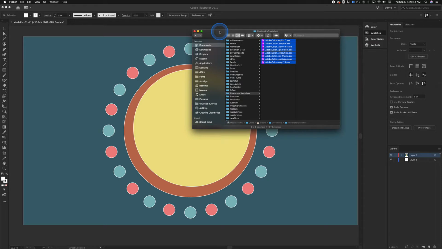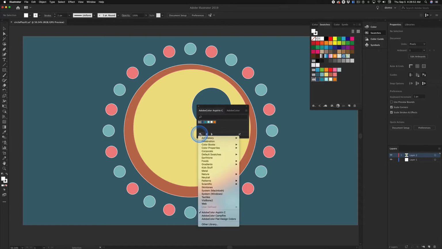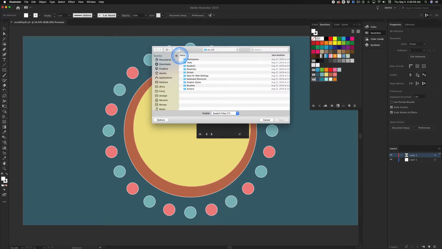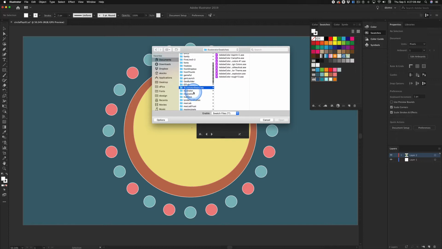Again, these typically sync from the library. So now we can come back here, and we can do it from either one of these actually, and come to Other Library, and I'm going to come out to my Documents, and we can switch to Command 3. We can be in column view now and hit that. Oh, it's Illustrator Swatches, and I should have probably put this in the Illustrator folder,